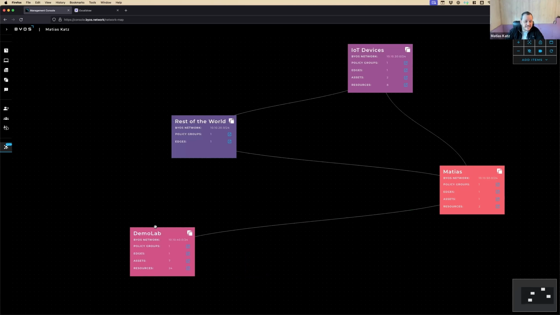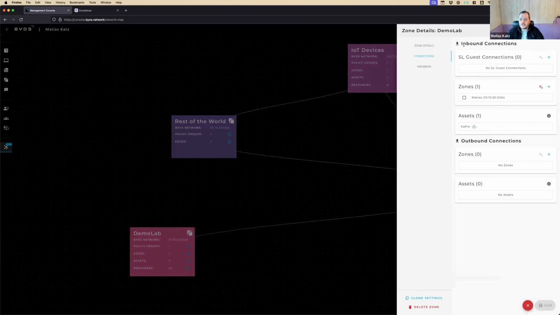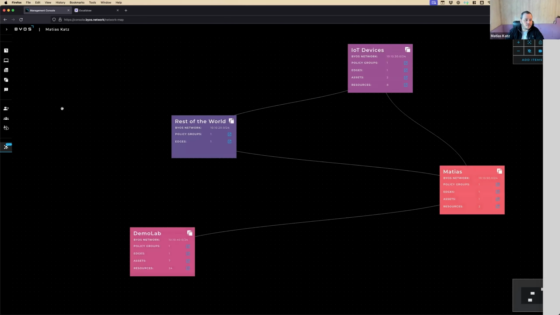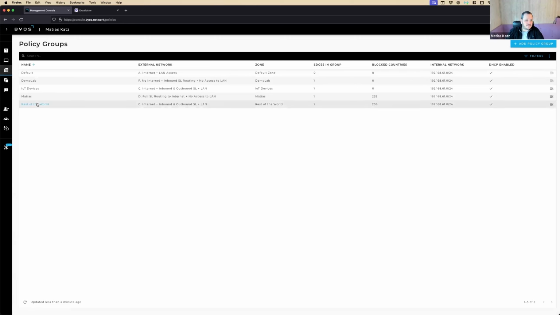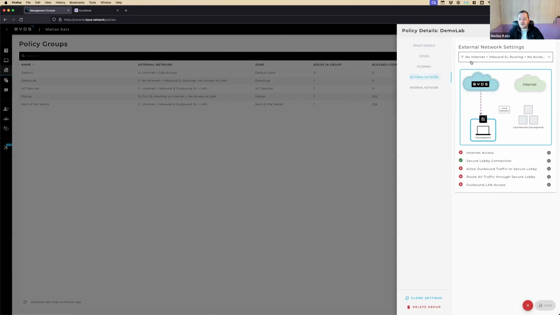But on top of that, the demo lab policy has inbound connections only from my zone and outbound to nobody. But also, if I go to the policy demo lab, then you see that it's in a scenario where it has no internet and only inbound secure lobby